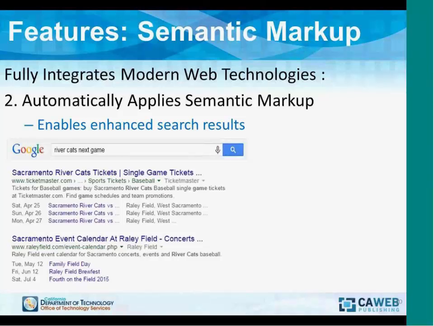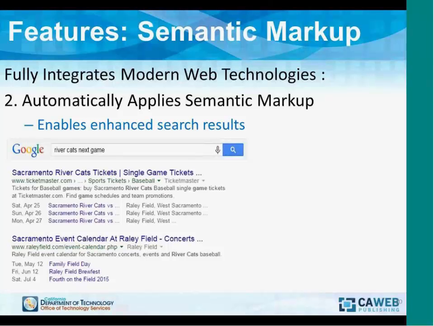And by doing that, what happened when I asked the query, River Cats next game. Now, I did this a couple weeks ago, right? So consider what's happening here and what it's displaying, because it's not just taking me to links to a website. It's delivering specific answers to my question,